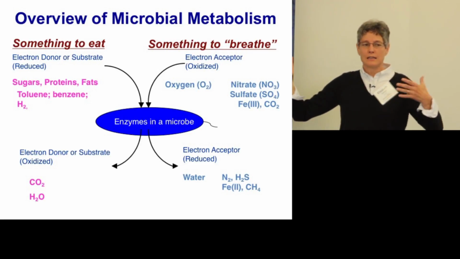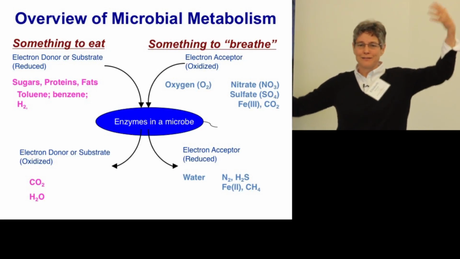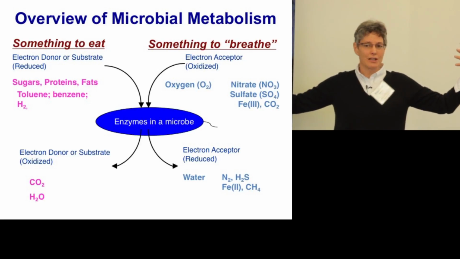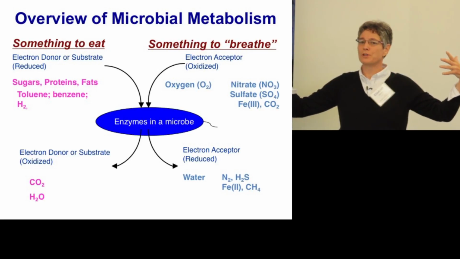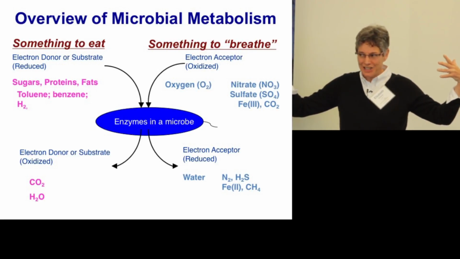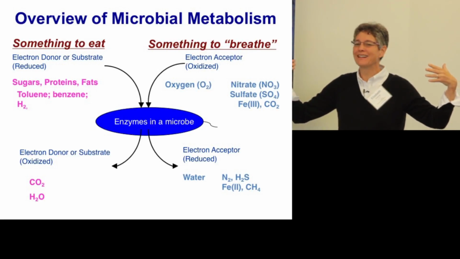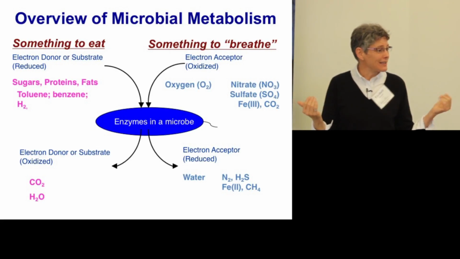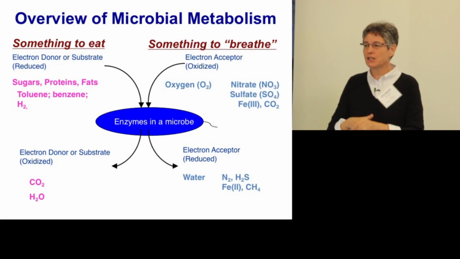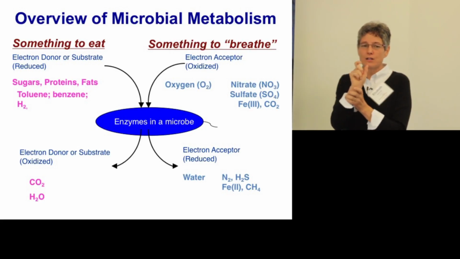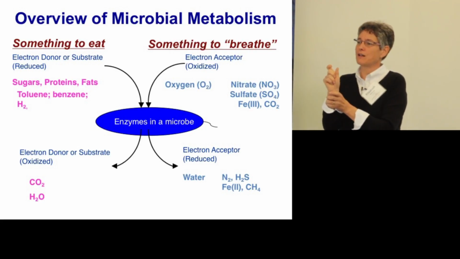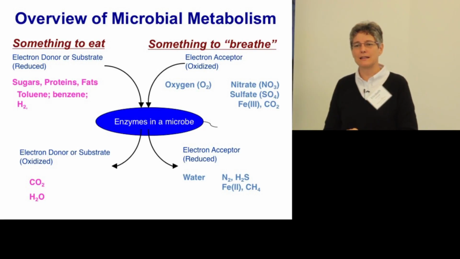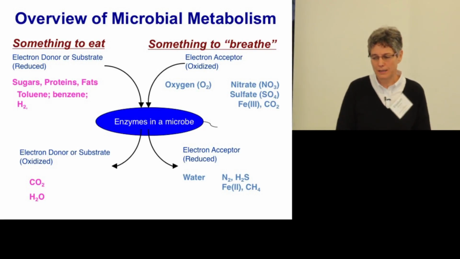And so as long as the redox reaction gives you a negative delta G under the conditions that the microbes are living, not at standard conditions, but under the conditions that the microbes are living, then these microorganisms can eke out an existence. Okay, and that's why there's such a huge diversity, because there are so many potential gradients out in the environment, and microorganisms will adapt to use these.